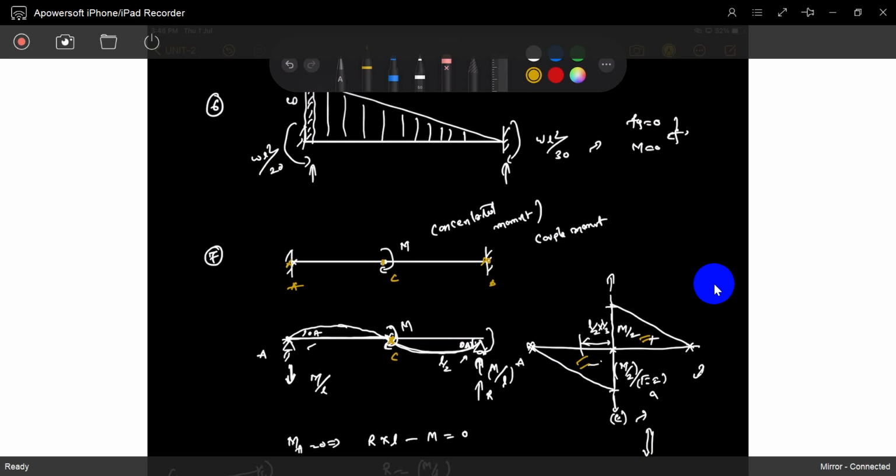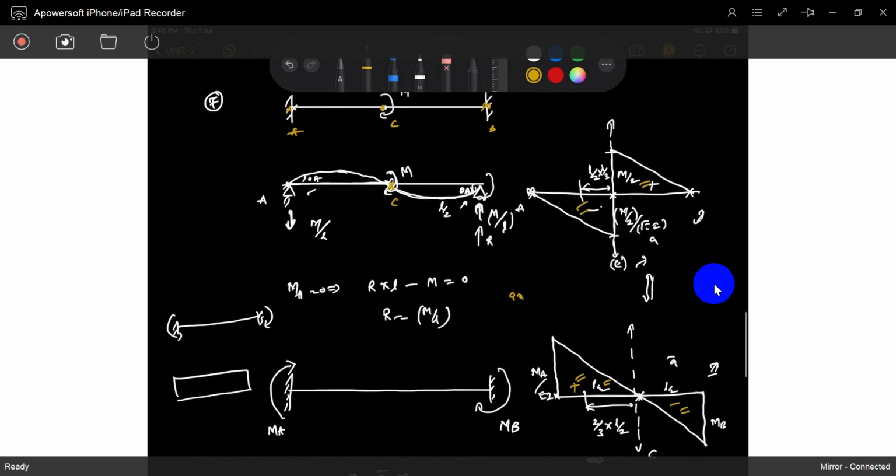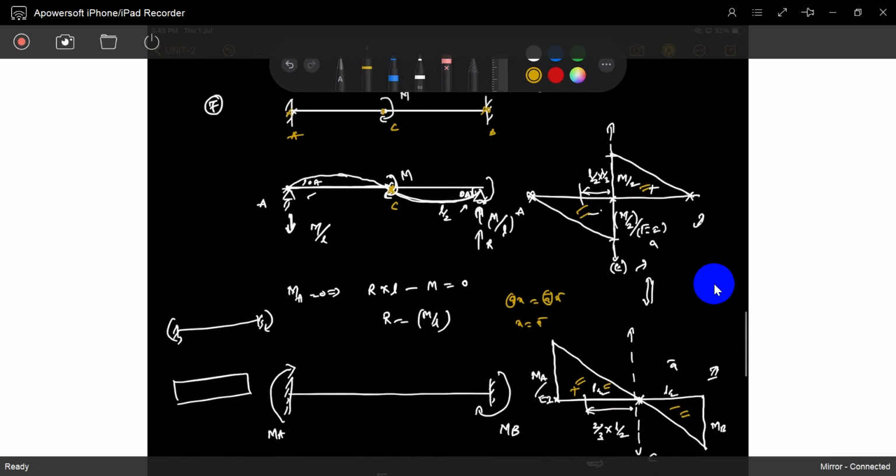Okay, sir, another term is there: Ax is equal to A dash x dash. So this area and this area are 0. So x is equal to x dash, sir. So that's why I would choose this thing is equal to this thing. No, see, this is 2 by 3rd of 1 by 2. How can it not succeed? Because A is 0, A is 0. These equations are not satisfied. Both are 0, you can't say x equal to x dash.